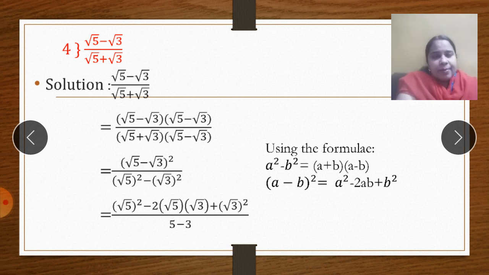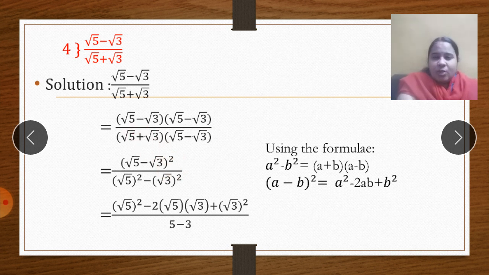The first step remains the same. What should be the conjugate pair of this? It is root 5 plus root 3. What should be the conjugate pair? Root 5 minus root 3. Multiply both numerator and denominator with the same thing. Okay. Now just now I told you there is a slight difference in the sum. The difference is here. See this. Root 5 minus root 3, root 5 minus root 3. It is the same bracket which has been multiplied 2 times. What is the meaning of that? It means I need to take the whole square. Correct? It is root 5 minus root 3 the whole square.